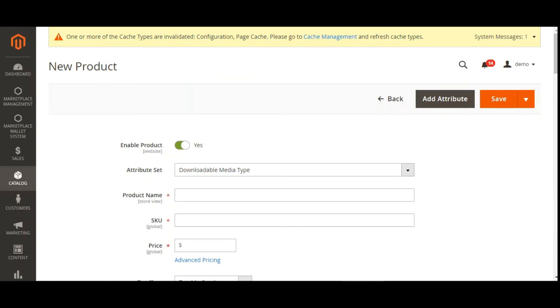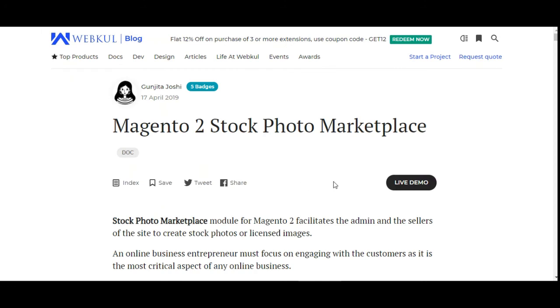So that's how he can create the iStock products from the admin backend panel. And that was much about the Magento 2 marketplace stock photo plugin, and I hope it helped you out in